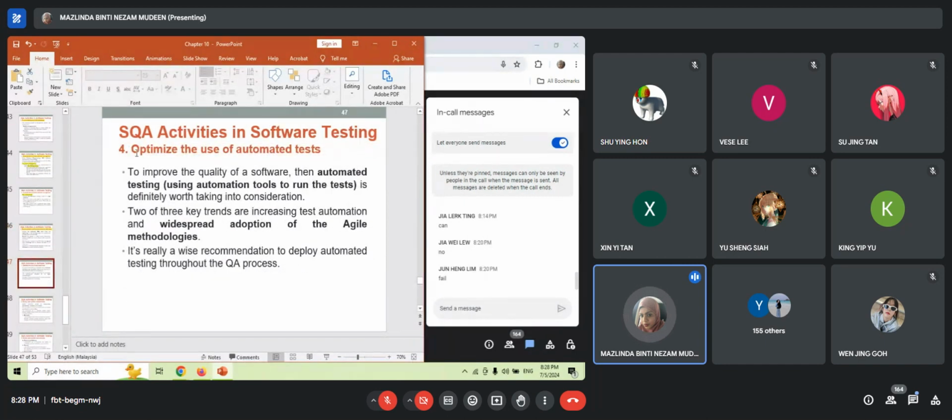Then the fourth one is to optimize the use of automated tests. This software quality assurance activity is also important in software testing. All this while we have been using manual tests. Now we want to use automated tests, which can help improve the quality of the software compared to manual testing. The automation testing tool can be very useful, especially when we are working on